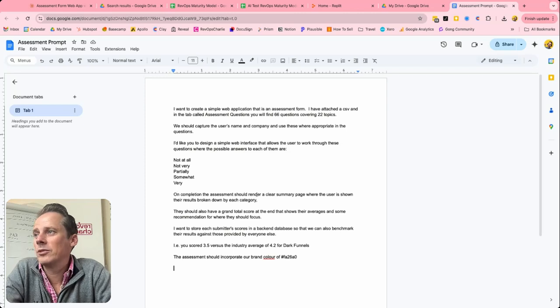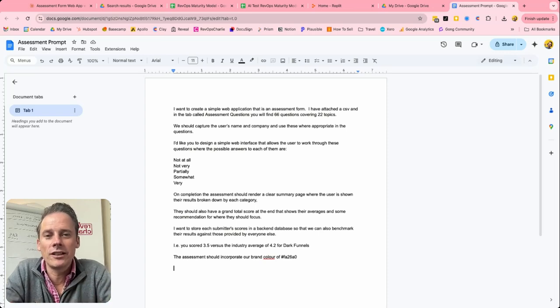On completion, the assessment should render a clear summary page where the user is shown the results broken down by each category. They should also have a grand total score at the end that shows their averages and some recommendations for where they should focus. I want to store each submitter's scores in a back-end database so that we can also benchmark their results against those provided by everyone else, i.e. you scored 3.5 versus the industry average of 4.2. So this introduces the concept of storing this information and then creating some kind of diagnostic or benchmark. And the assessment should incorporate our brand color, which is